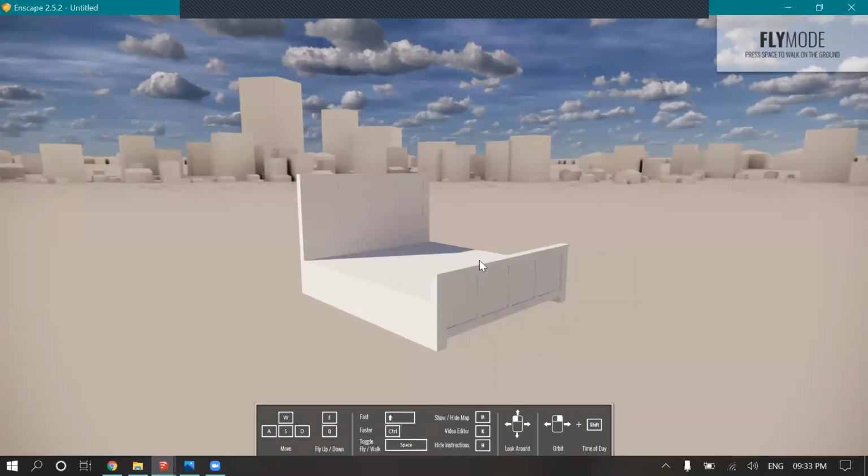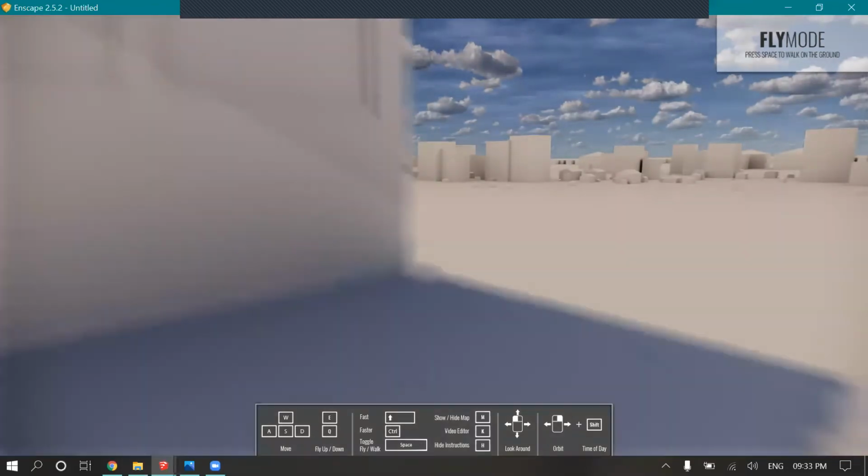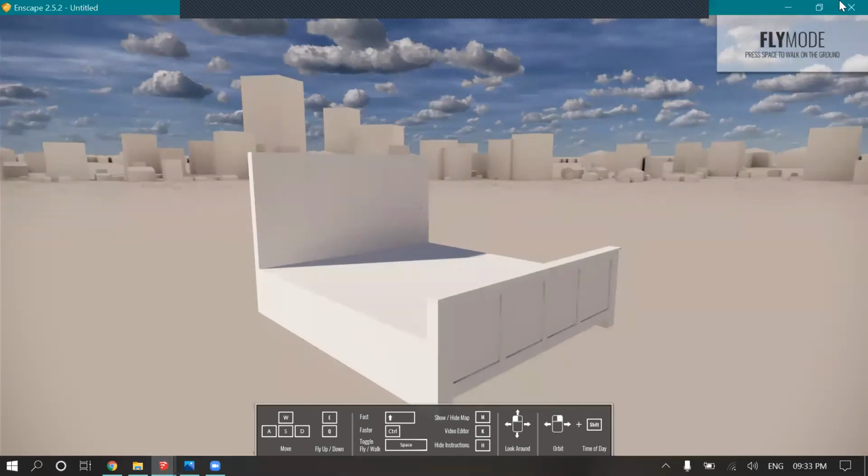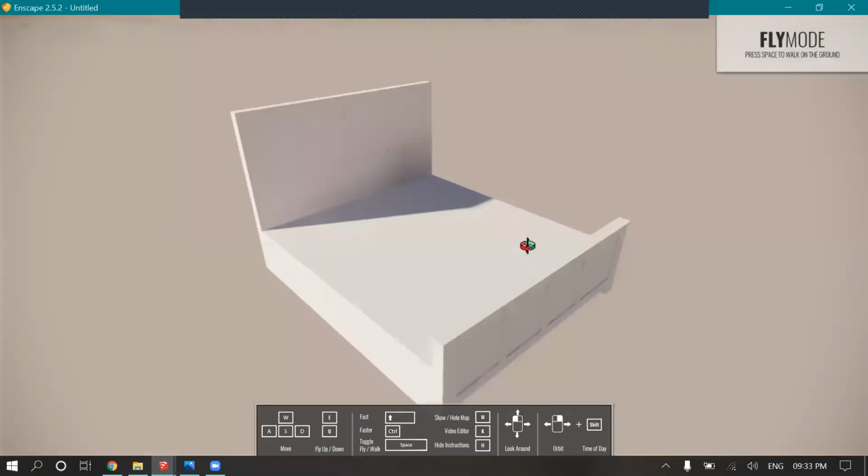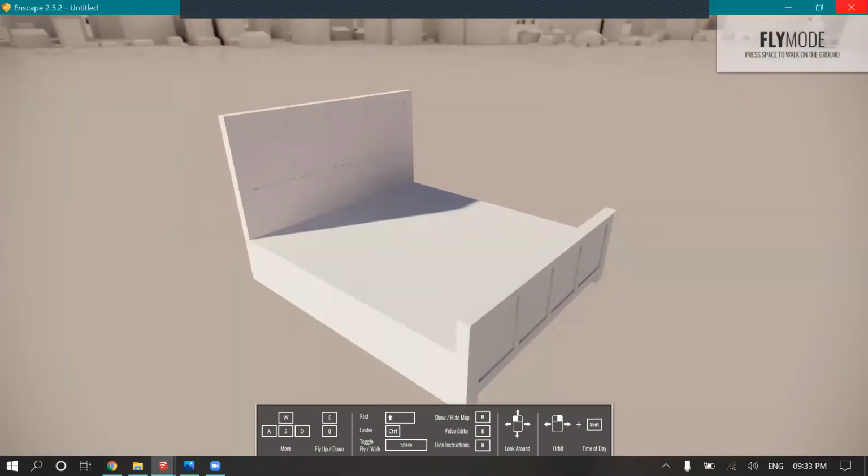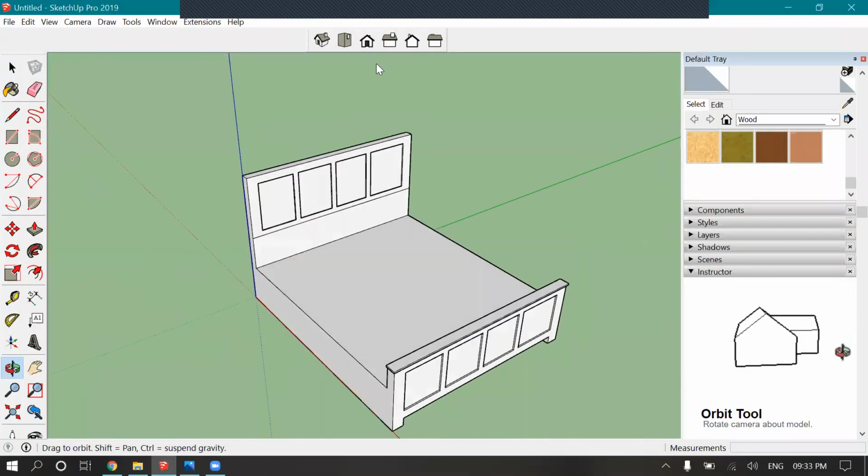I need to add colors, then only you guys will be able to see it.